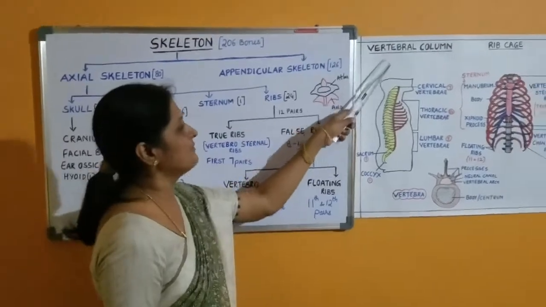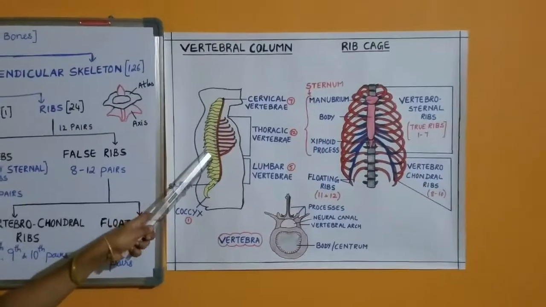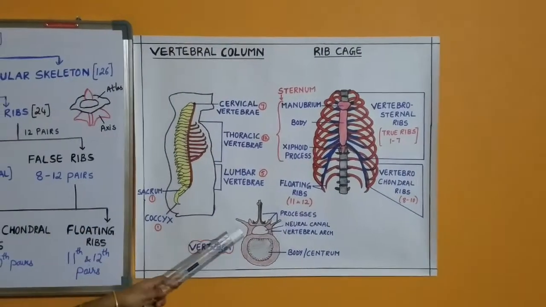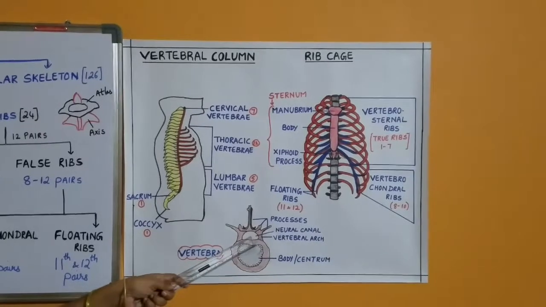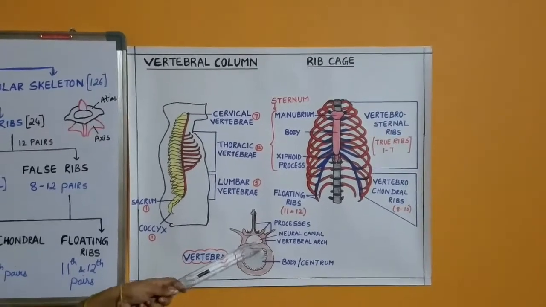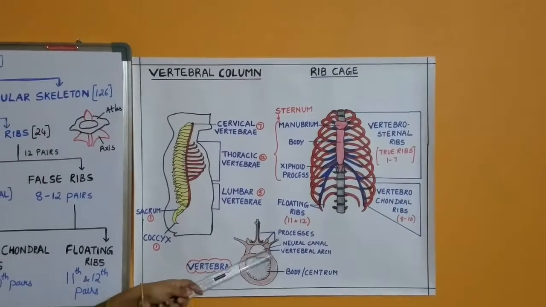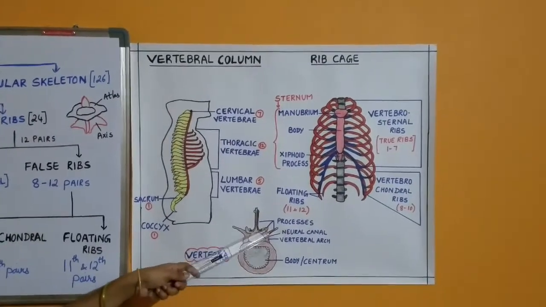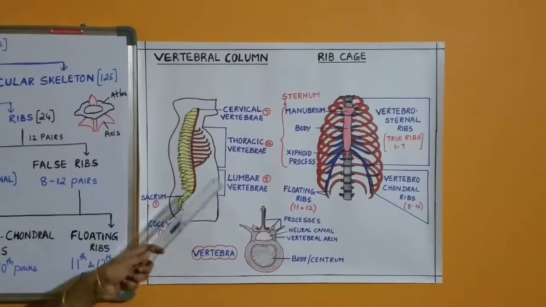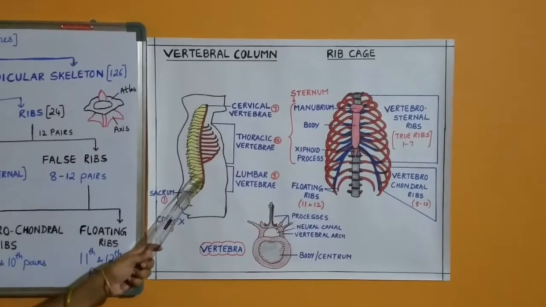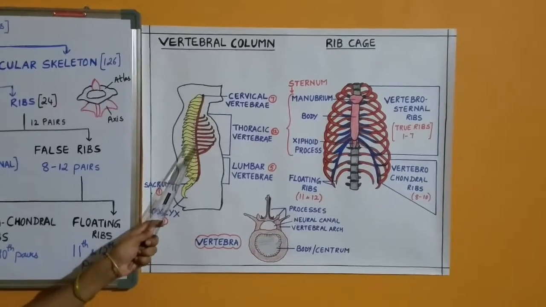The human vertebral column consists of 26 serially repeated units which are called the vertebrae. Each vertebra has a hollow space in it called the neural canal through which the spinal cord passes. And each vertebra has a body called centrum, and a vertebral arch with many processes which provide space for the attachment of the muscles. In between the vertebrae, the articulations that are present are called the intervertebral discs.